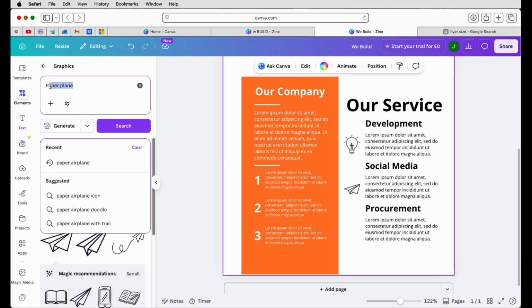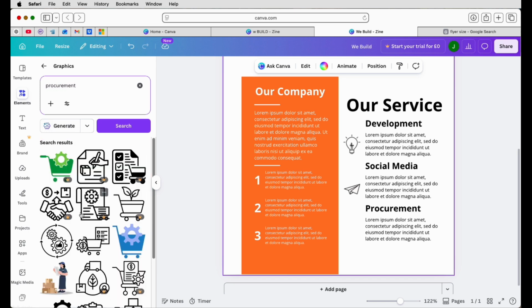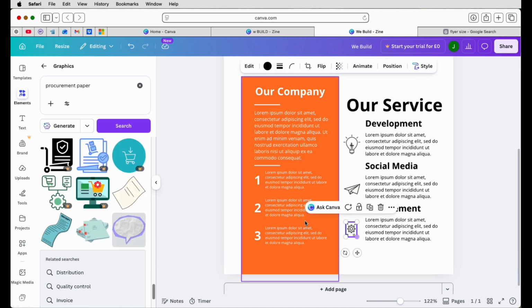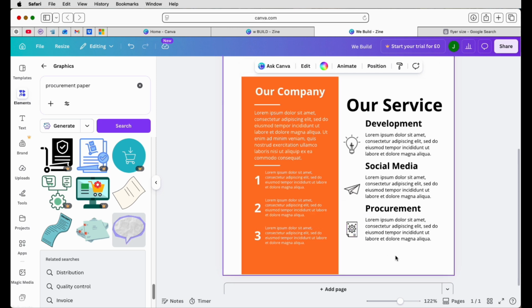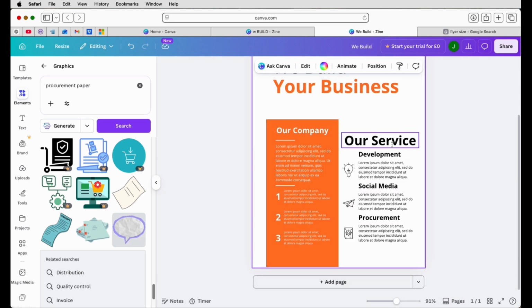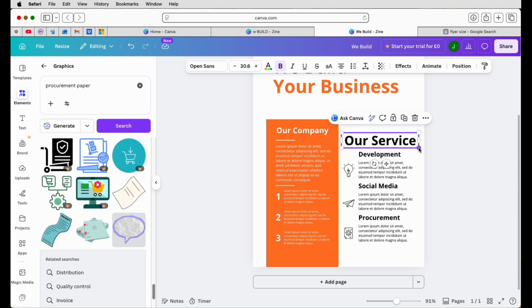And then over here we can put in procurement, press enter, and once again we can just scroll down and see what fits best. So I did find it in here, but at the moment I can't, so I've copied and pasted it from my original design. So again, I'm just going to move that one around about here and then deselect. So at this point I'm just going to zoom out and check I'm happy with the design, and I feel like this is a little too big, so I'm just going to reduce the size of it and then move